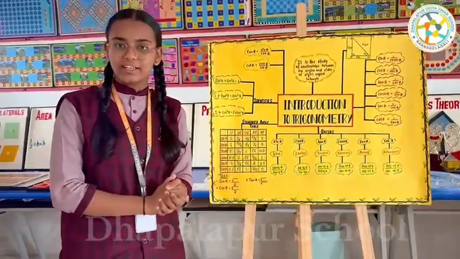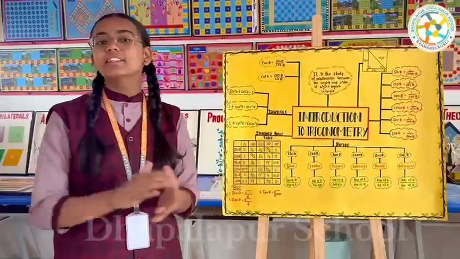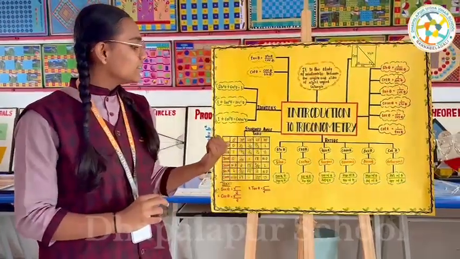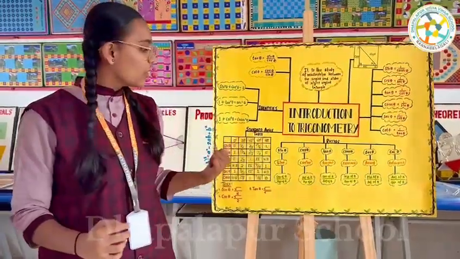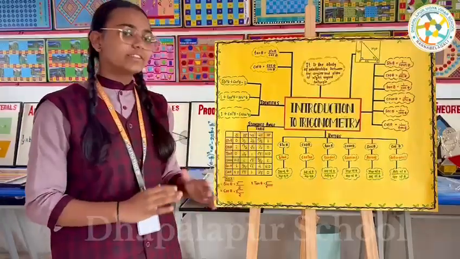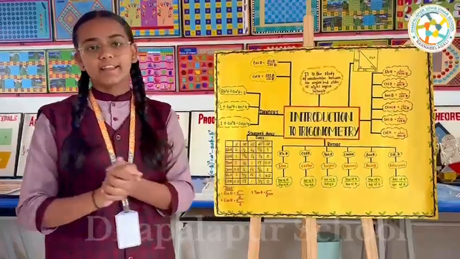What about 45 degree? There is no particular trick to find this value. I don't think it is such a big deal for you guys to remember that. That's why sin 45 is 1 by root 2, cos 45 is again 1 by root 2, tan 45 is 1, and the other 3 are reciprocals of this. I hope you have understood the standard angle table.